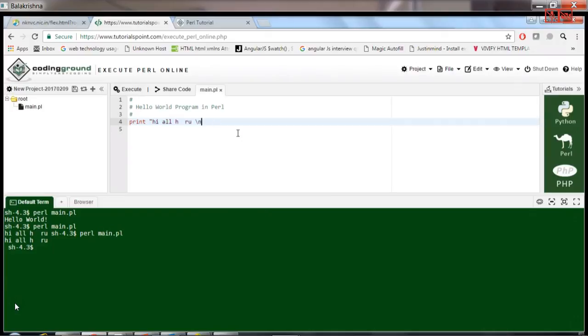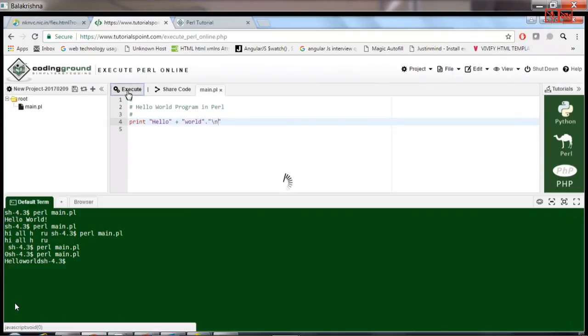Earlier we also saw some examples for concatenation. We can see that quickly here. If I say hello, this works. Ideally it should not work, so it is giving some error. What is this? The period symbol, you have seen this. If I use plus, because operator overloading is not supported, it was not allowing me to. I can also concatenate with, let's say, a new line character, and execute.